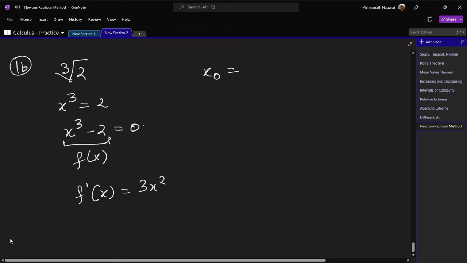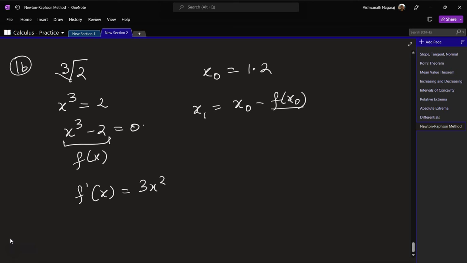1 times 1 times 1 is 1, 2 times 2 times 2 is 8. So it is much closer to 1. So let's take it as 1.2. So a better approximation would be x naught minus f of x naught by f prime of x naught,